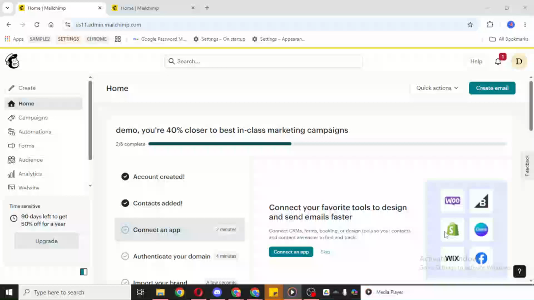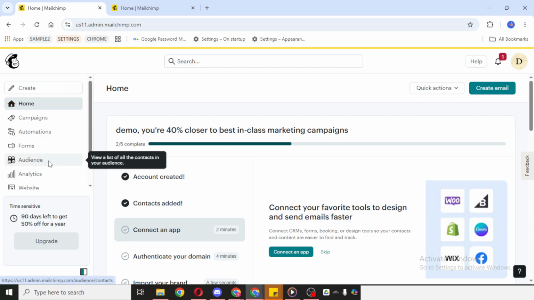In today's video, I'm going to teach you how to tag and organize contacts in MailChimp. To get started, open your MailChimp account and make sure you're on the main dashboard. Once you're inside, look for the Audience section in the menu and click on it. If you see Audience appear again as a sub-menu option, go ahead and click that as well.